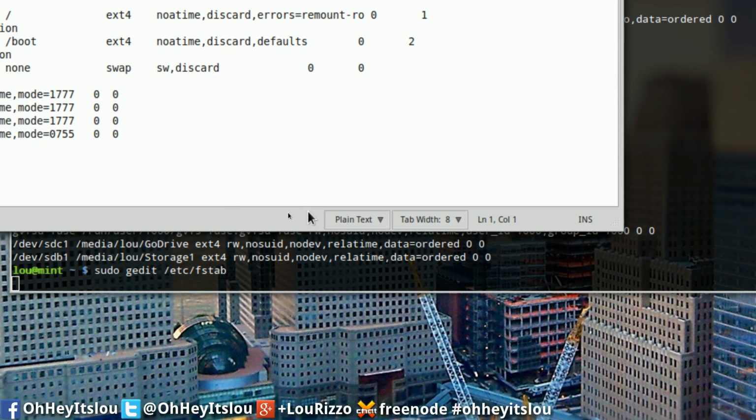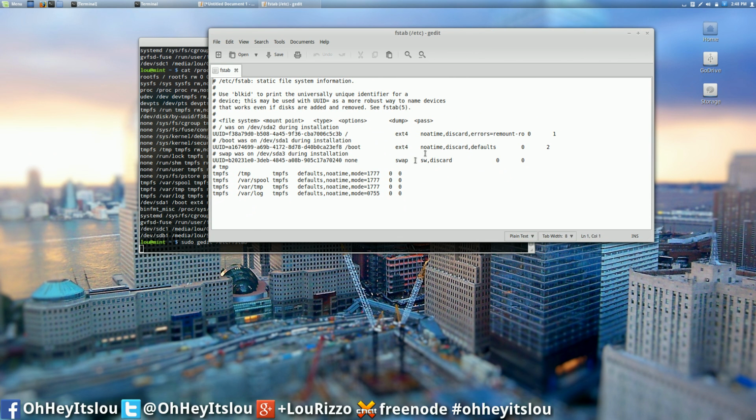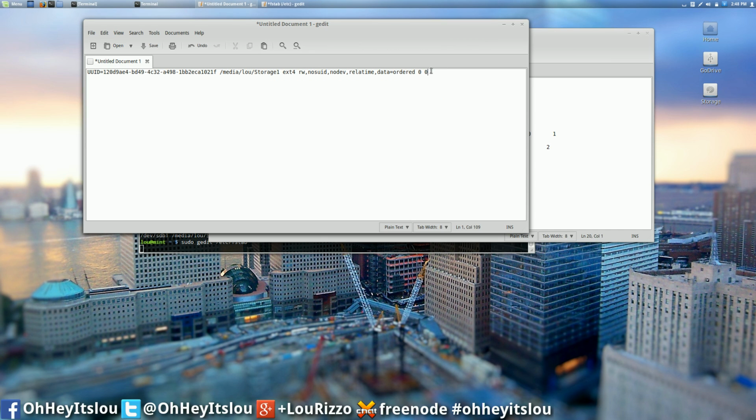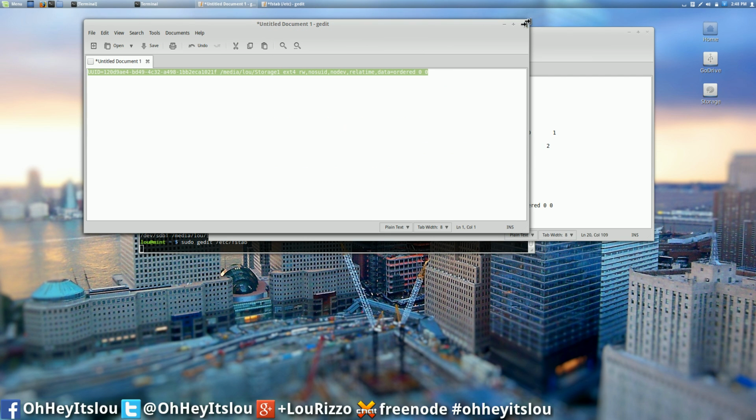All right, so now that I've opened up my Fstab file and it's editable, what we're going to do is hash. Again, we're going to call this storage, and then we're going to open up this document. We're going to copy this line here, and we're going to put it right in here. So that's it. So just to review very, very quickly,